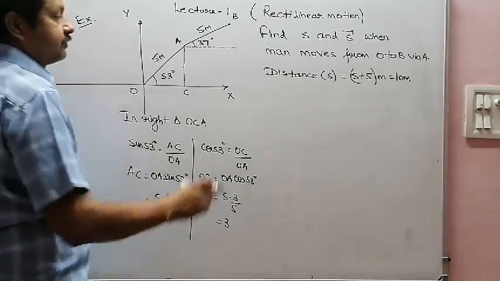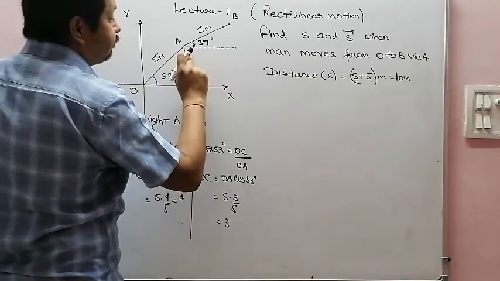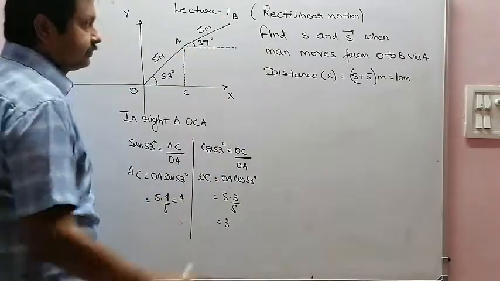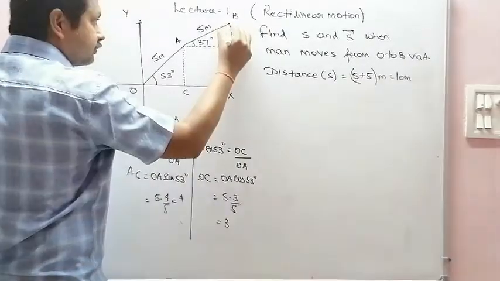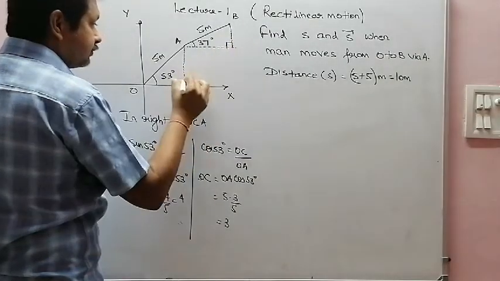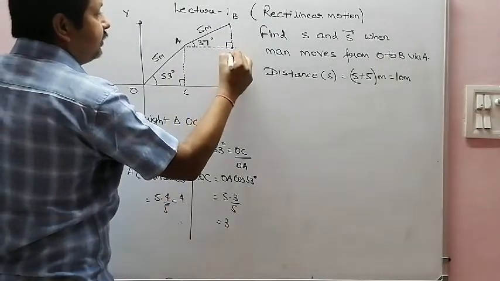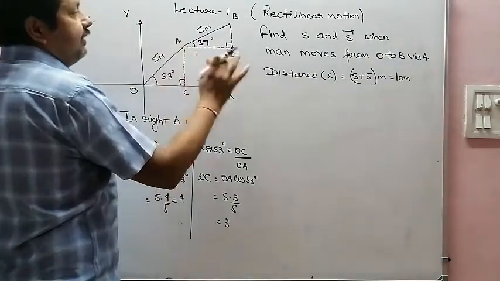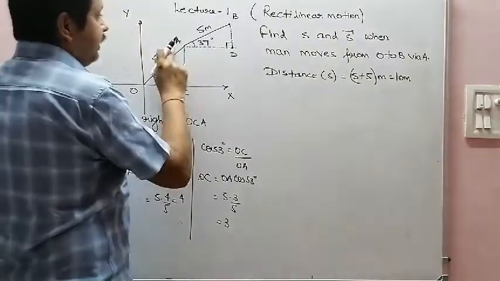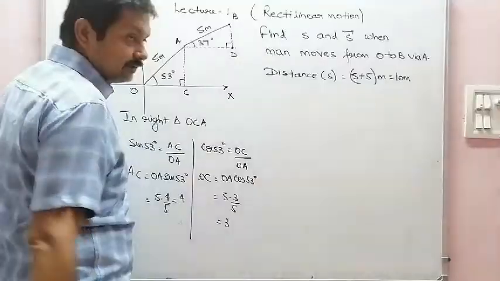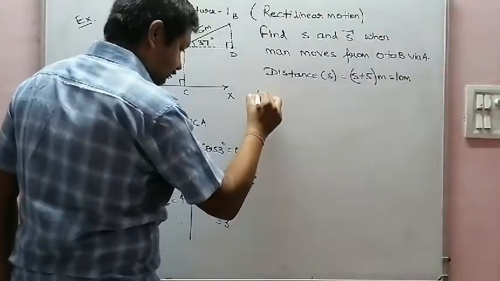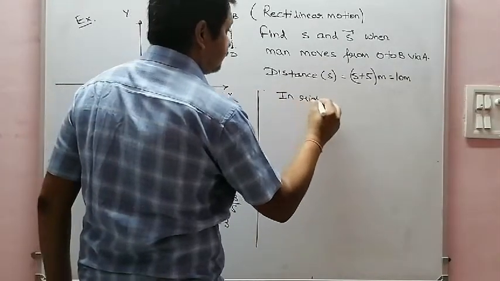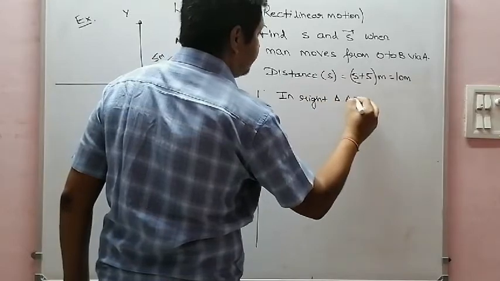Again similarly, we draw a perpendicular on this line which passes through B. Let this point be D. So in right triangle ADB,